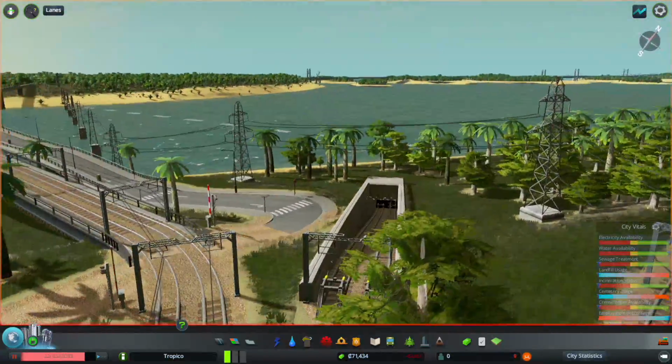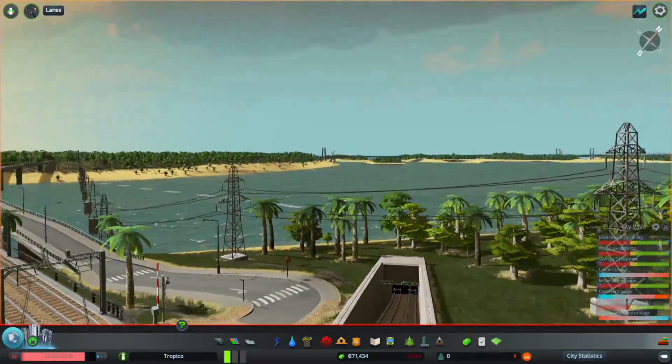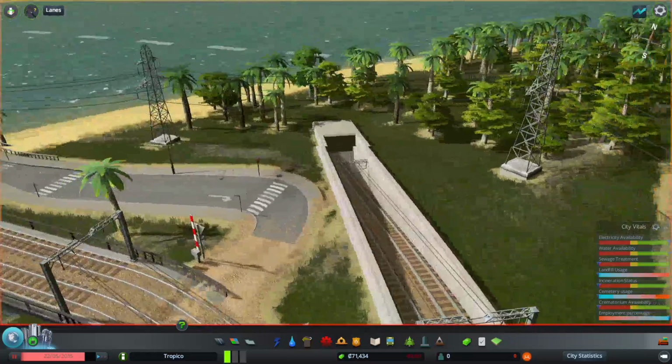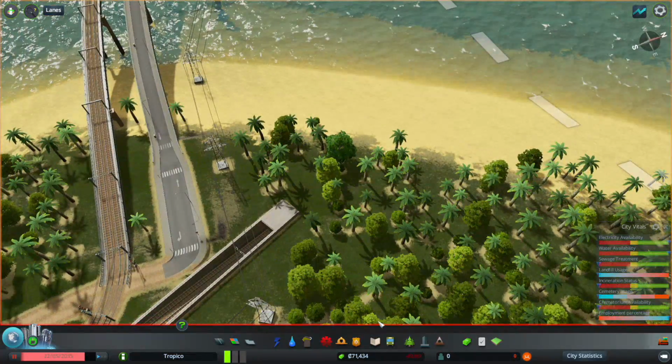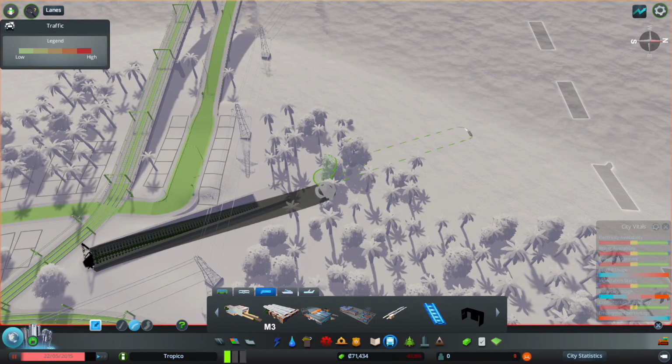And that is what it looks like. Of course, you can't really see anything down the tunnel. You can see a little ways. Anyway, from there, you go back into the tool. And much like you would with subways, you, of course...